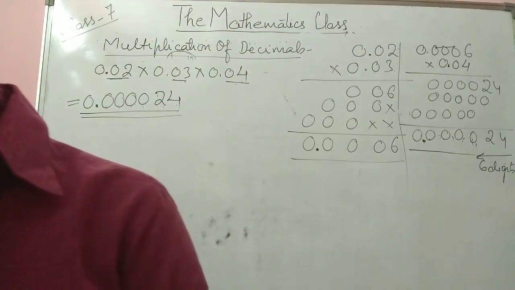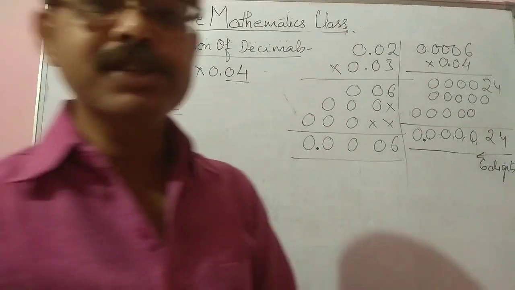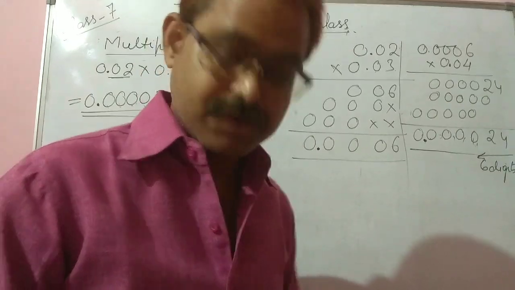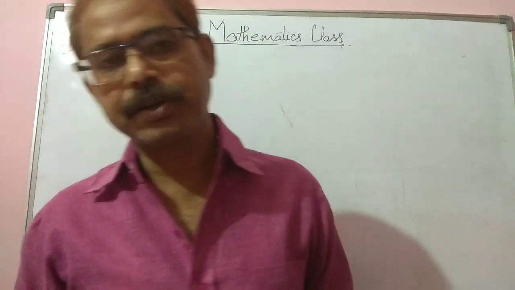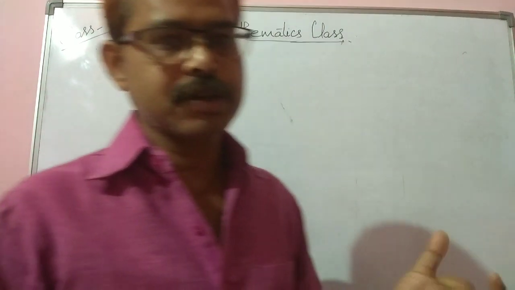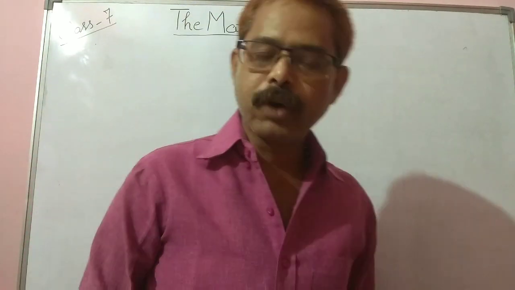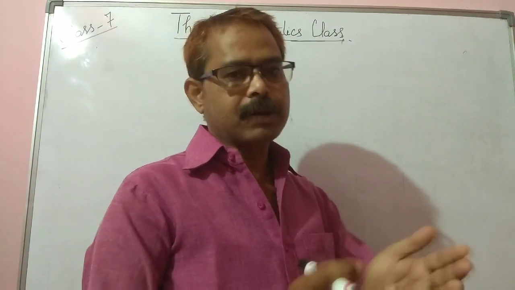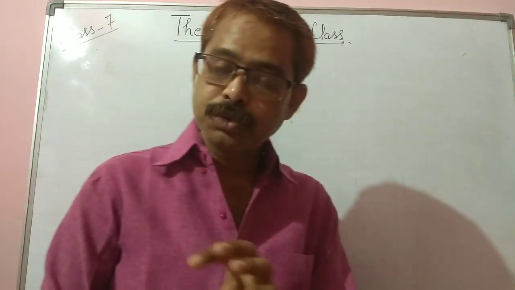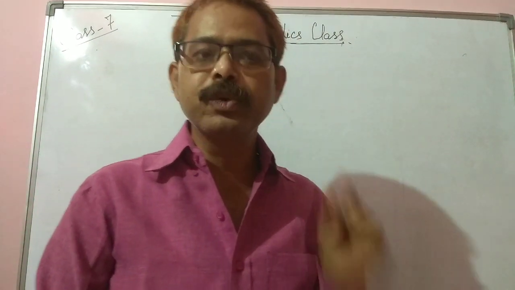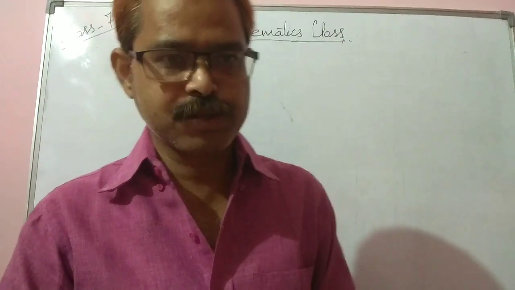Right? Now we will move on to the division of decimals by numbers. I hope the discussion about addition, subtraction and multiplication of decimal numbers is clear to you. Whatever is left will be covered in the next class. So please go through the topics and revise the examples given in your textbook.